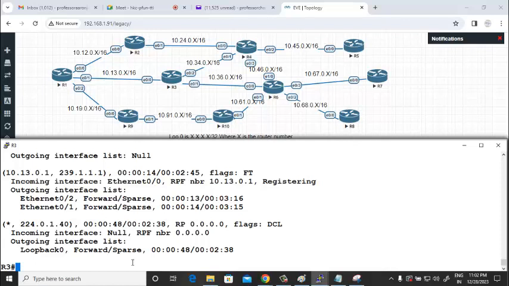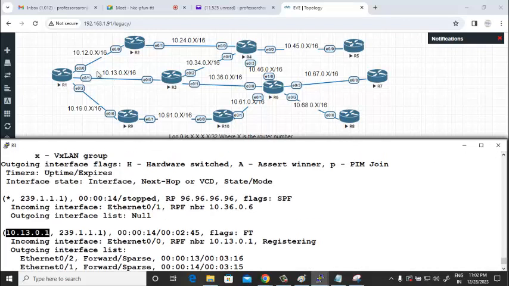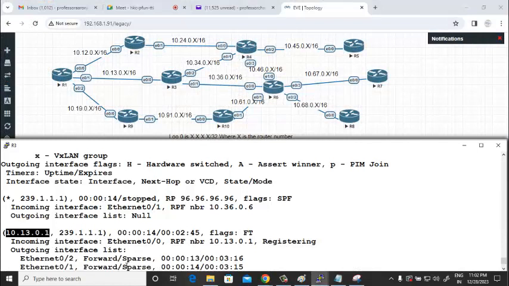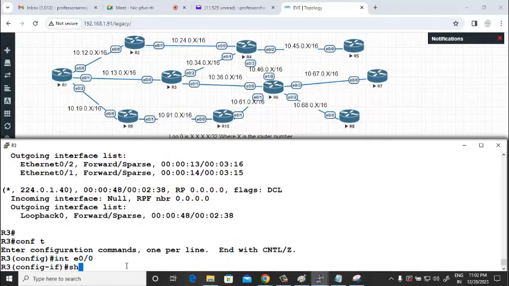Show IP mroute. It's learning like this. I have to clear all the routers then. No, I don't have that patience. So let me straight away go to